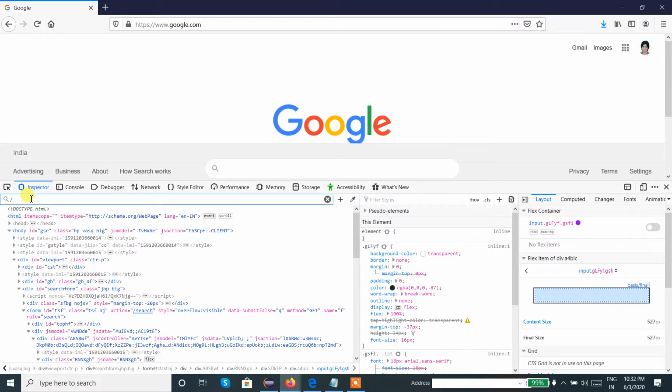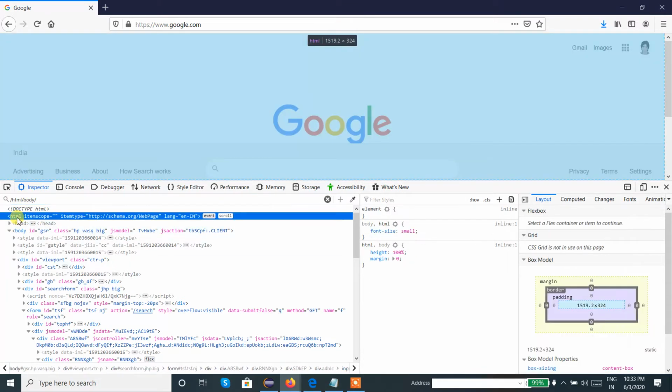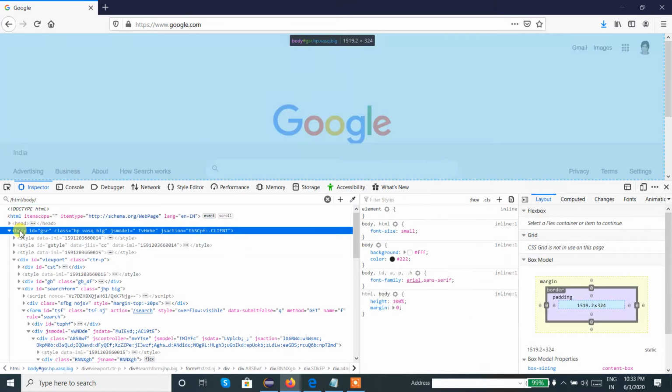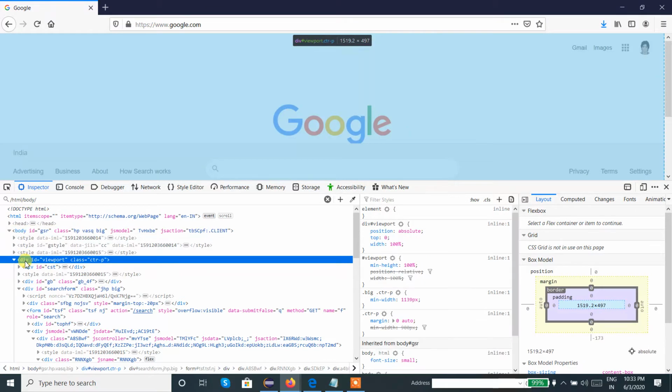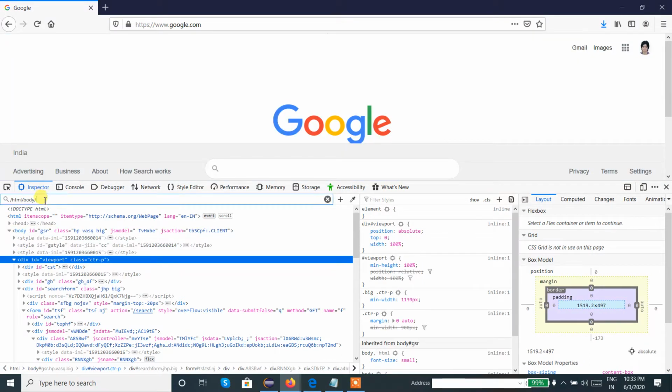So single slash tag name, the parent tag is HTML, then body, then we need to analyze how to write the absolute XPath to locate the search box. So inside the body I'll analyze from here: HTML, then we are inside the body, and inside the body we need to enter into this div. So let me give div.